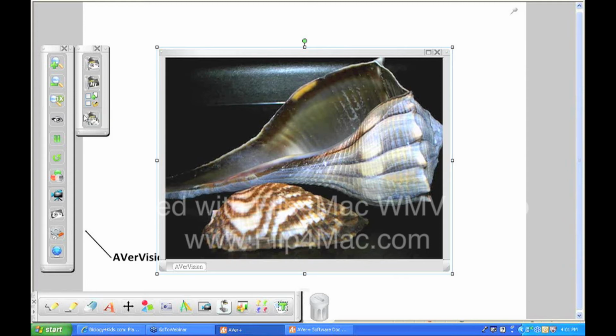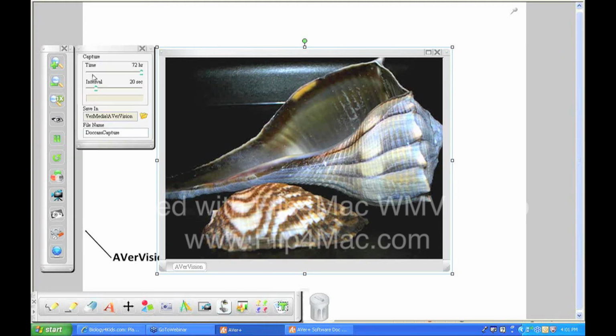But you also have this really quick way to do continuous capture. So if you're a teacher who does claymation, or you're a science teacher and you're hatching something or growing something, you can go down to this setting button right here, and you can designate a time interval to snap pictures. So if I want to snap a picture every minute for, or excuse me, if I want to snap a picture for 60 minutes every 5 seconds, I would pick where